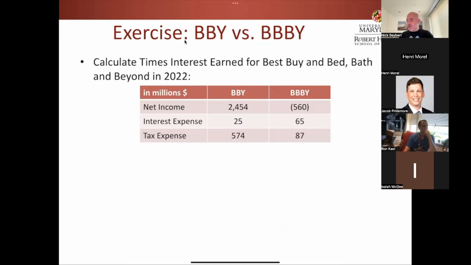So let's just, real quick, I think this is our last exercise. Let's calculate times interest earned, or the interest coverage ratio. Let's calculate that for Best Buy and Bed Bath & Beyond and see who's healthier. I can already tell you Bed Bath & Beyond has negative earnings, so it's not going to look good for them. But okay, so for Best Buy, for BBY,